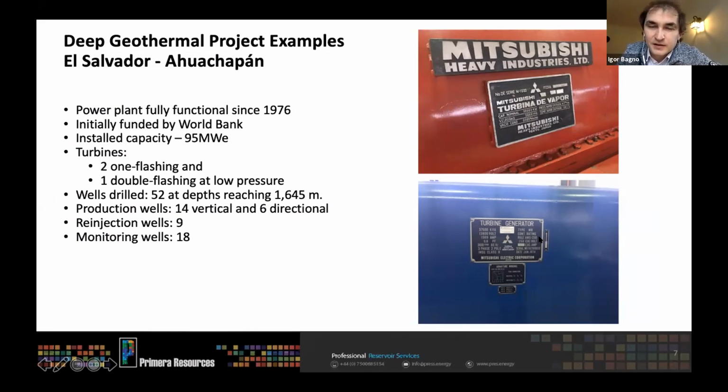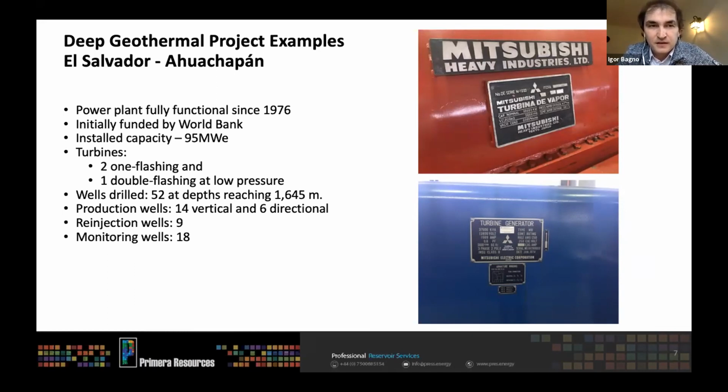And here are the turbine and the power generator by Mitsubishi, which have been there since 1976. The project was initially funded by the World Bank, and its capacity is 95 megawatts. It has 3 turbines, two of them